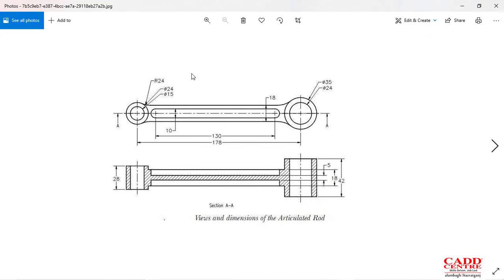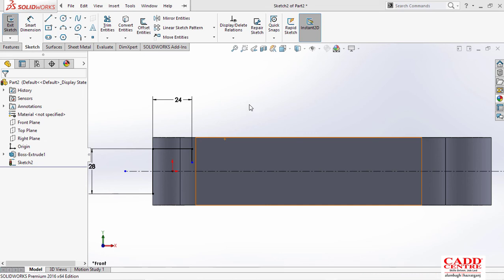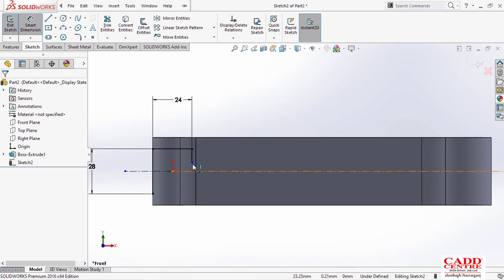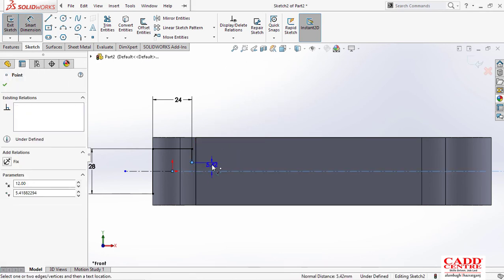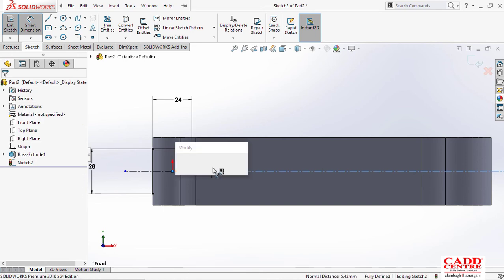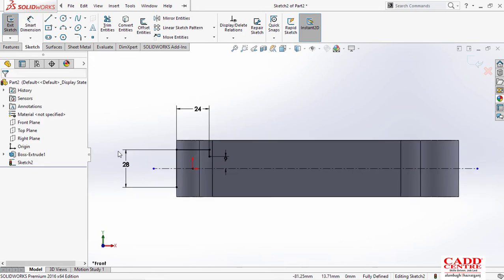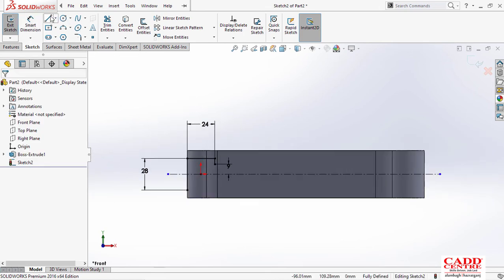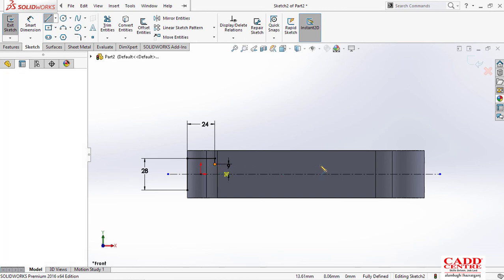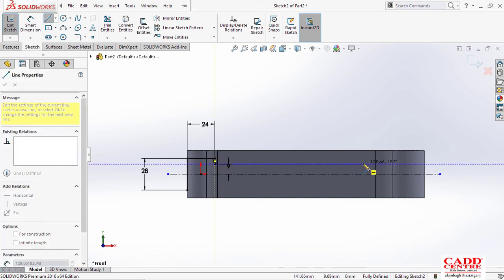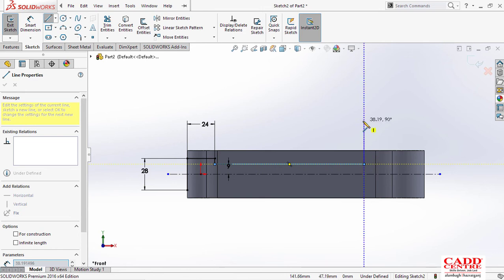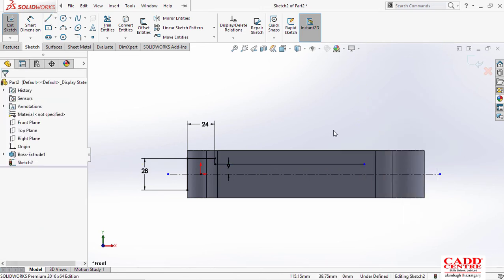Just see, 18 they have given. So this line from the middle it will be 9. So from this point and this point it would be 9. Just type 9, click OK. Again just follow the line, that horizontal line, and that horizontal line will carry,